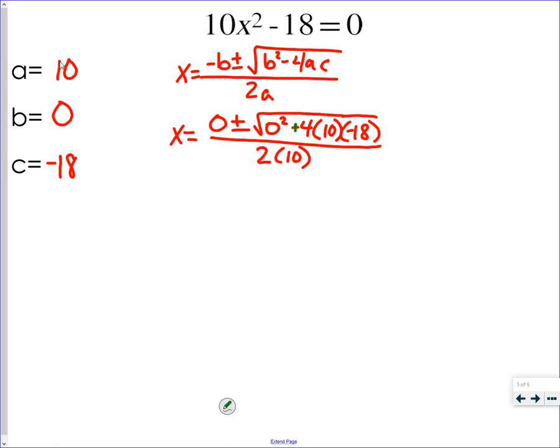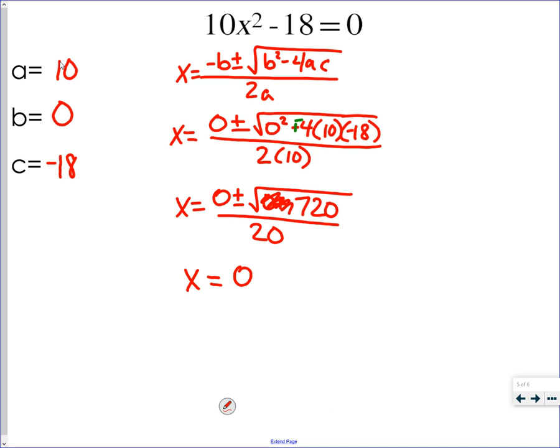So I would do a keep change right there. I'm going to have x equals 0 plus or minus the square root of, so 0 squared is just going to be 0 plus, so I know it's going to be positive. 4 times 10 is 40 times 18 is going to be 720. And 0 plus 720, well, that's just 720, right? So the square root of 720